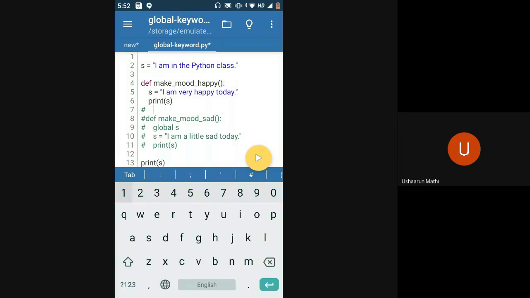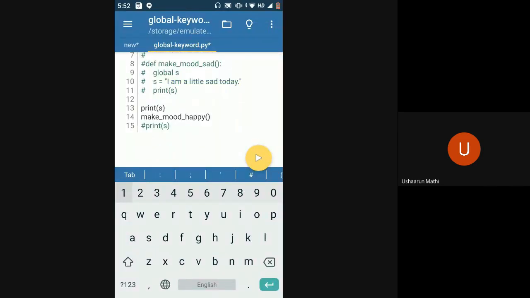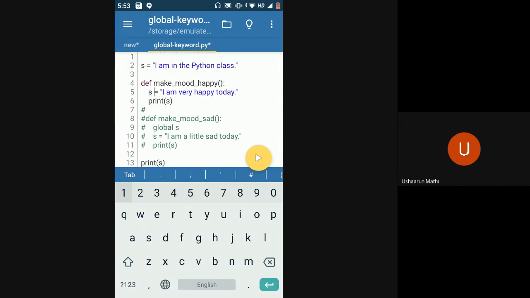So this s variable which is declared outside the function will be in a different box, and the s variable that is defined inside the function will be in a different box. When we print this s variable inside the function, it takes the value of the s variable which is present inside the function. But when we call print s from outside the function, it has nothing to do with this make mood happy function, right? So in this case, it is going to take the global variable, not the local variable.